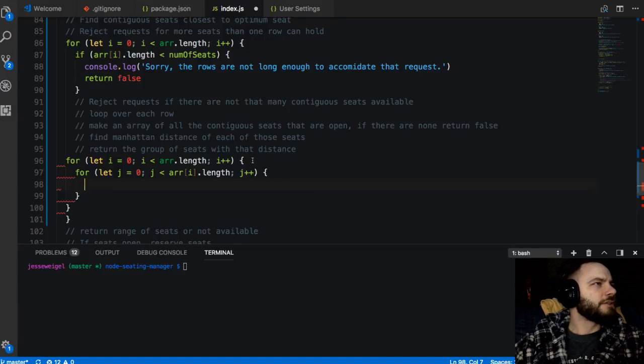So I need to check to see if the seats are together. That's the thing that's really getting me right now, is I can't just check to see how many seats are available in a given row. I need to actually see if the seats are next to each other. But it might not be a bad idea to just check how many seats are available in that row, just to see. Yeah, let's do that first, because potentially we could